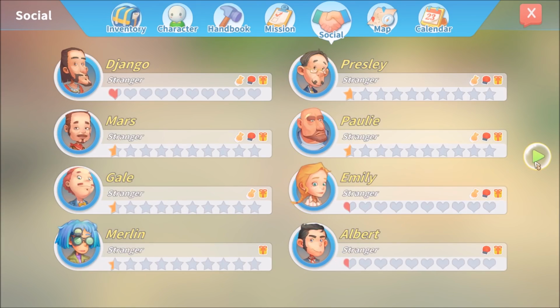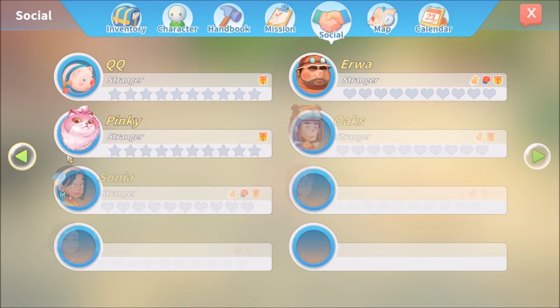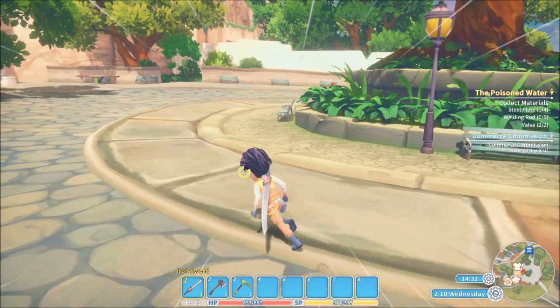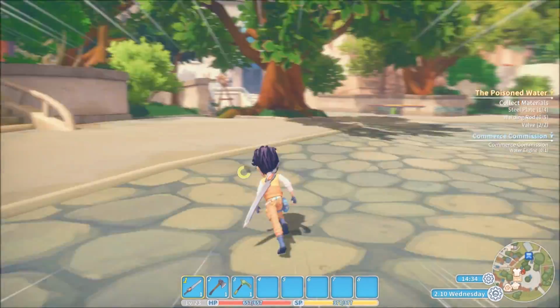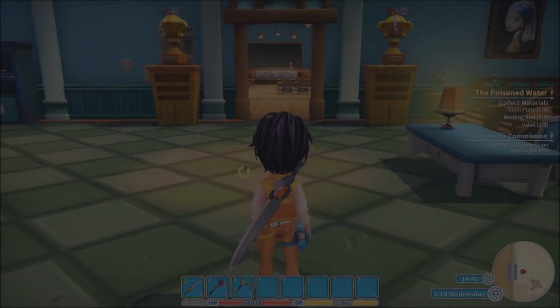So as it stands right now, how many are we missing? 10? We're still missing 10 people. I feel like there's so many people in this game. It's crazy. The Portia School. What's this? I mean, I know it's a school, but like...